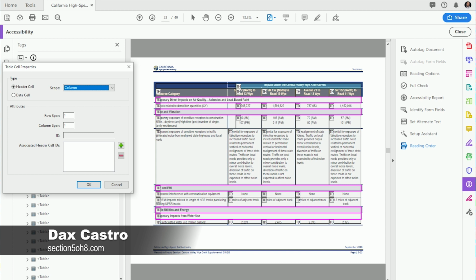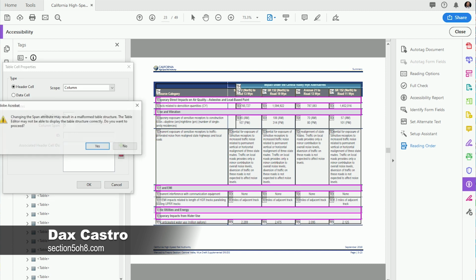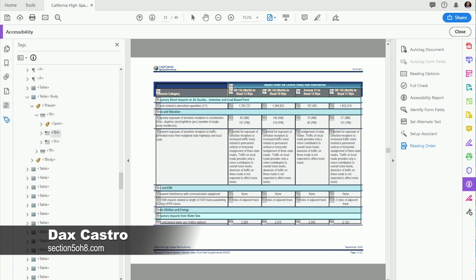So how many cells do we have? 1, 2, 3, 4, 5. We have 5 columns. So we're going to go ahead and set that column span to 5 and hit OK. Yes, we want to go ahead and do this, and there we go. Now look, everything lines up. We're looking pretty good. All of our columns and rows seem to be all where we want them to be,